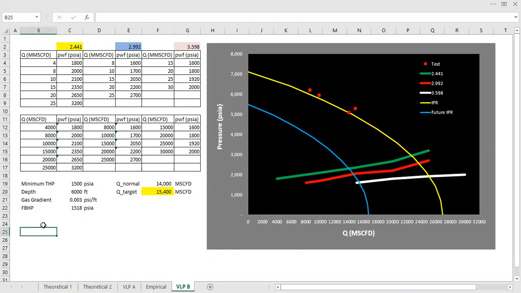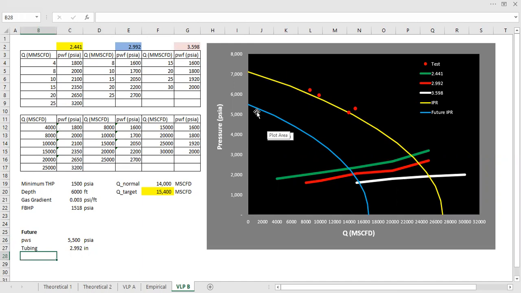So at future condition, when the reservoir pressure or PWS is 5,500 psia and using tubing of 2.992 inch, all right,